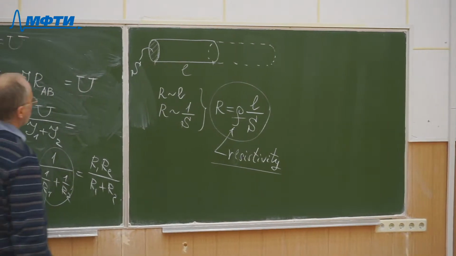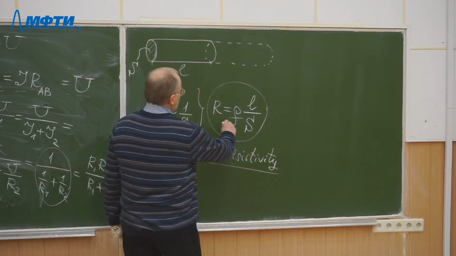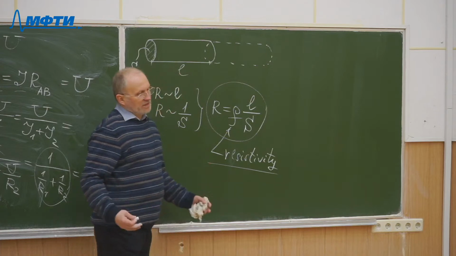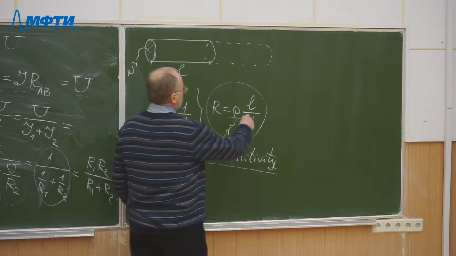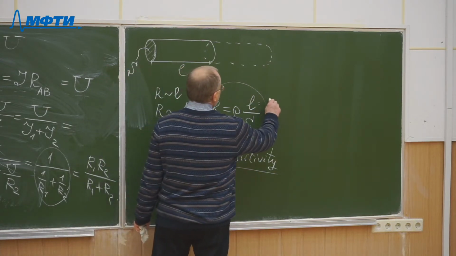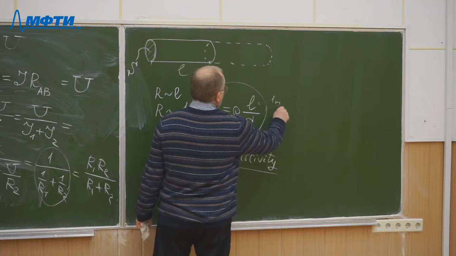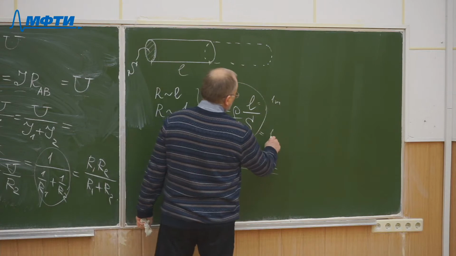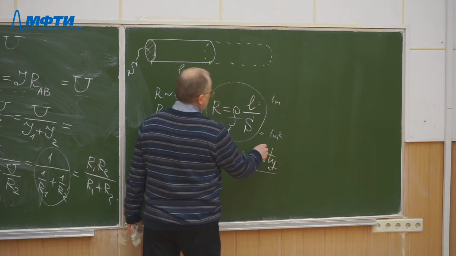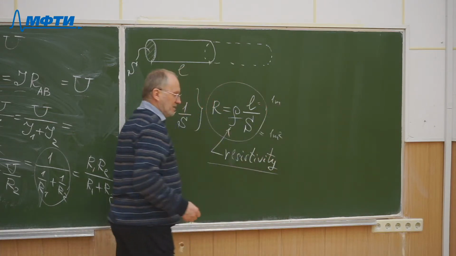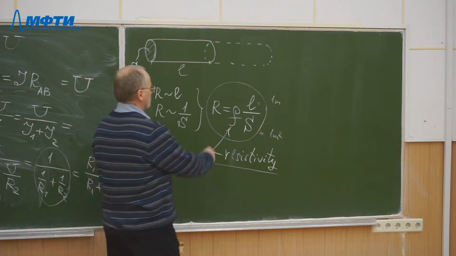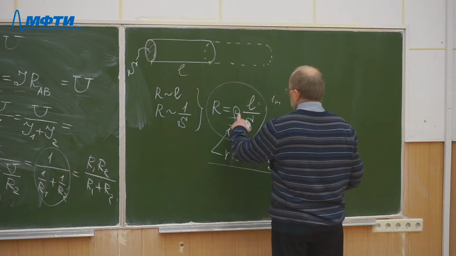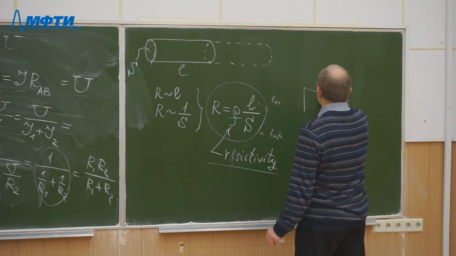And by physical meaning, what is the resistivity? What is its physical meaning? If you take L equal to 1 meter, and wire cross section also 1 meter squared, then such a lump of material will have a resistance equal to rho. So rho is the resistance of such a cube